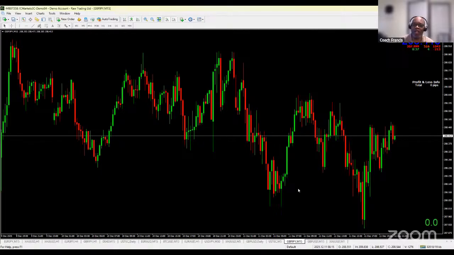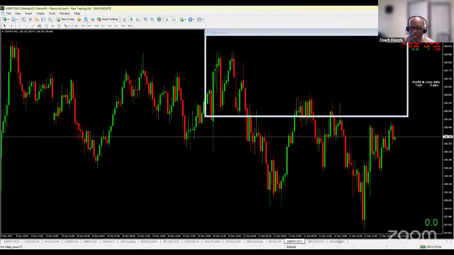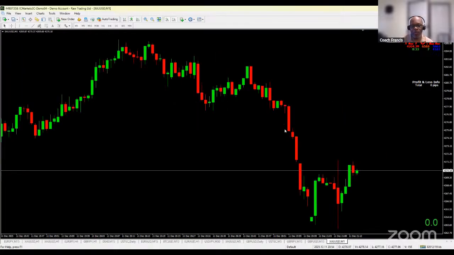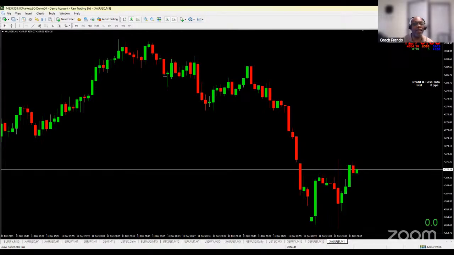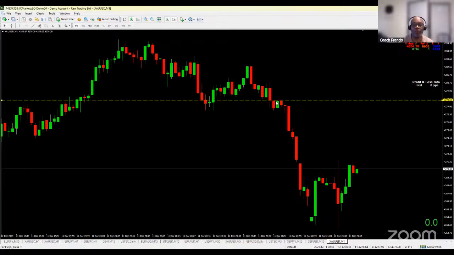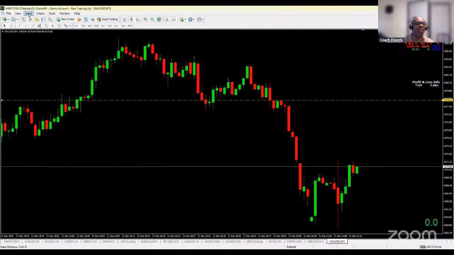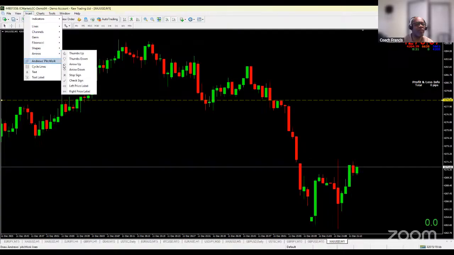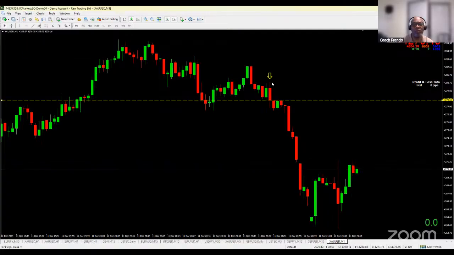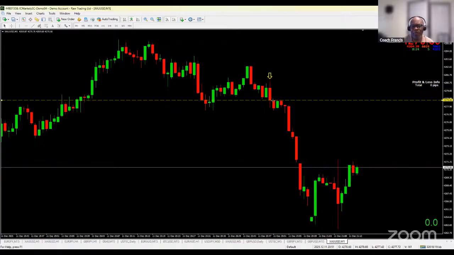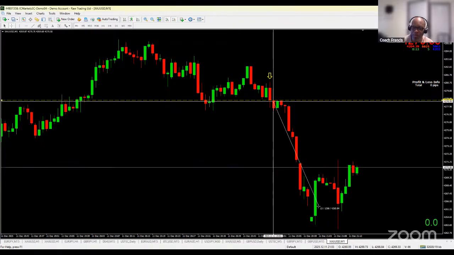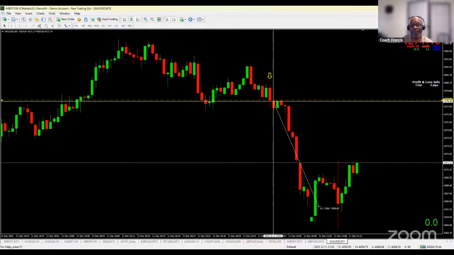And I can tell you it's not rocket science. I just traded this pair a while ago. I entered the market about here. I entered the market on the close of this candle and the price dropped and I made some profit. Just literally 5 minutes or so before I started this live.